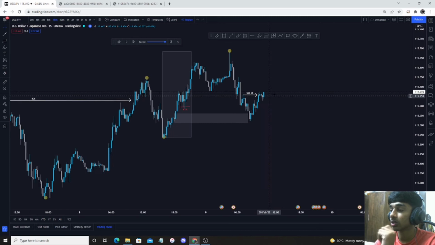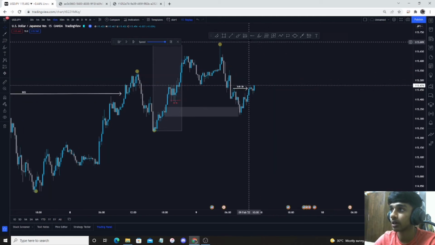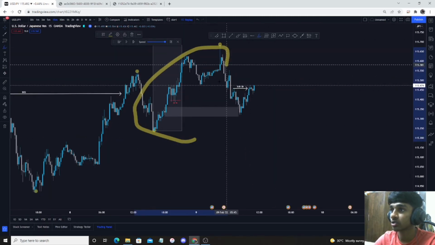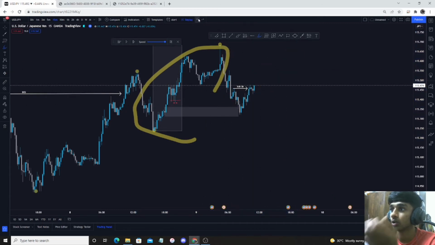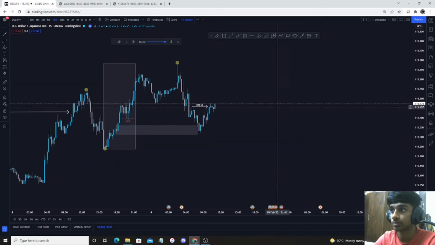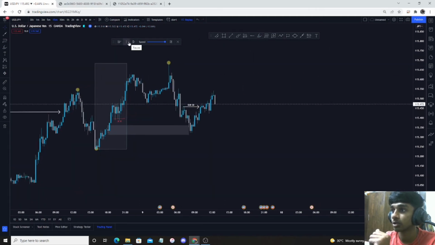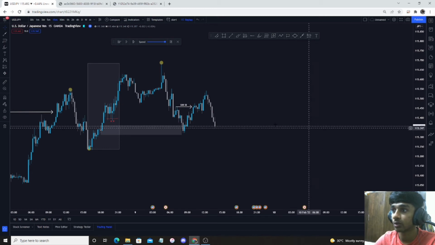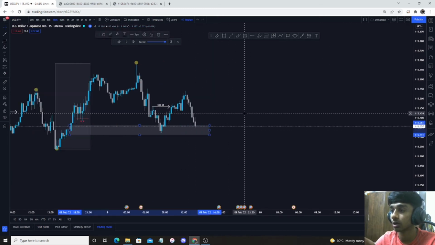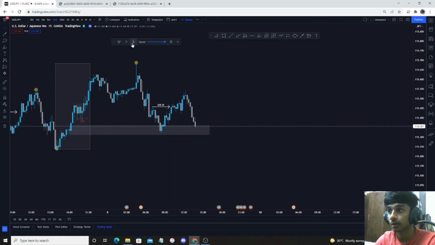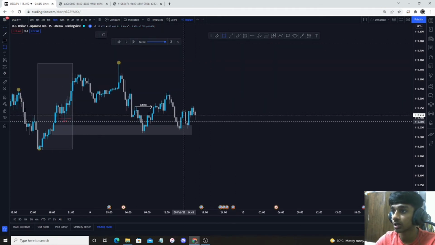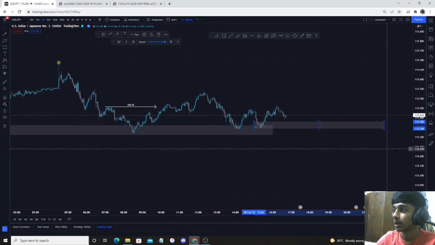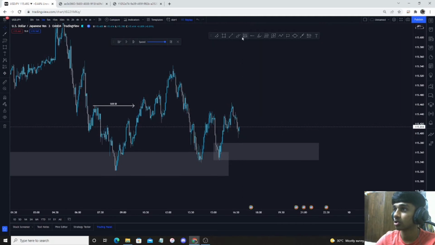Once this substructure breaks, it confirms that this swing structure is going to continue after this substructure break. So it's going to make a new high is what it tells me. And so let me just run it. I was not looking at these periods because the London session has not been opened yet. So at this particular moment I was in the charts. I took this order block on the lower time frames, and I was looking to enter longs, targeting the previous